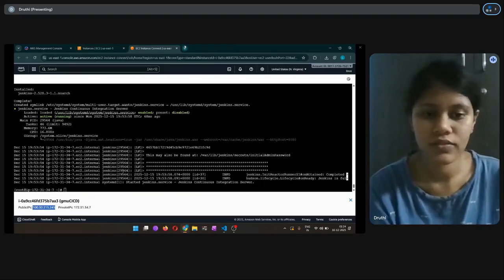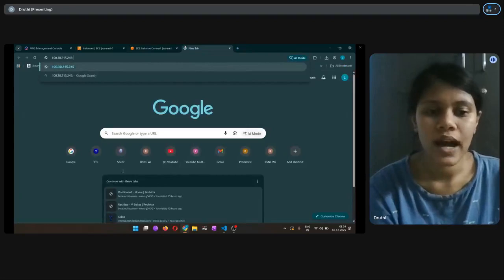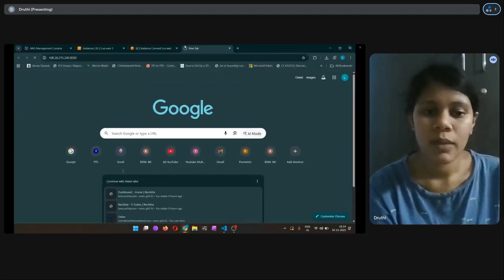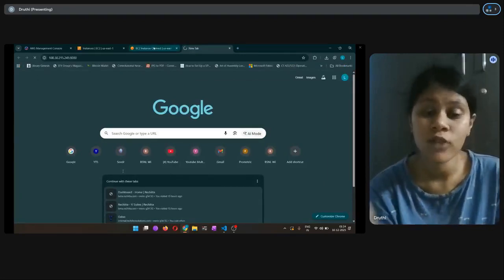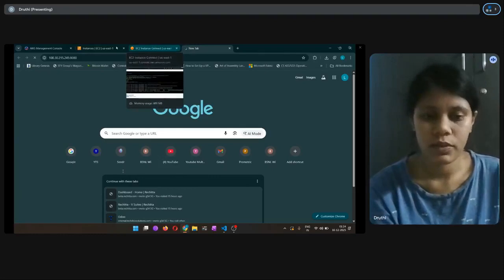Jenkins is active now, and here we are copying the IP address, pasting it, and putting 8080. But it won't work because we have not done the configuration of TCP.